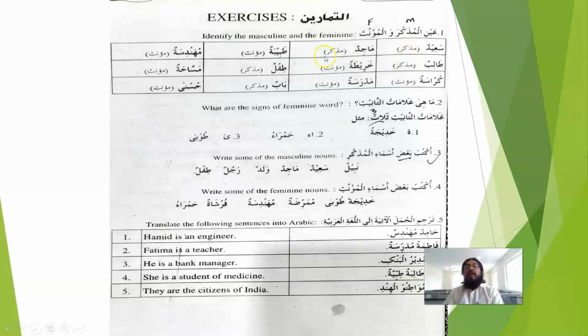How is it? You can say, sir, I am not able to write al-Mudhakkar. So al-Mudhakkar is written in the question paper. I put M for masculine. Mudhakkar means masculine and F means feminine. So if you feel difficulty, just remove alif lam and write Mudhakkar. Mim, Zal, Kaf, Ra, Mudhakkar.